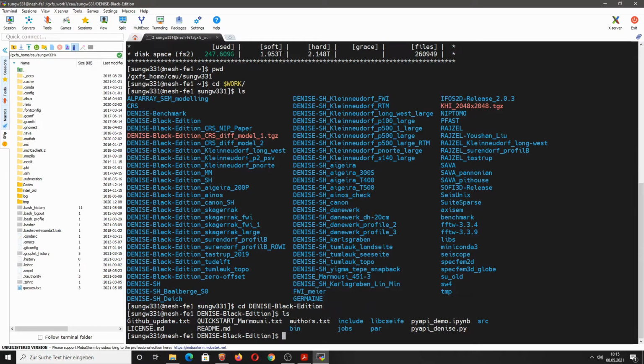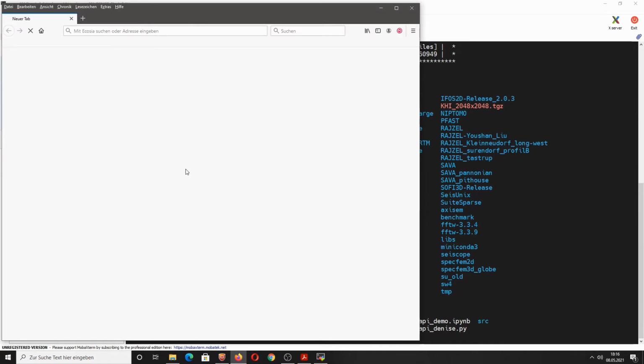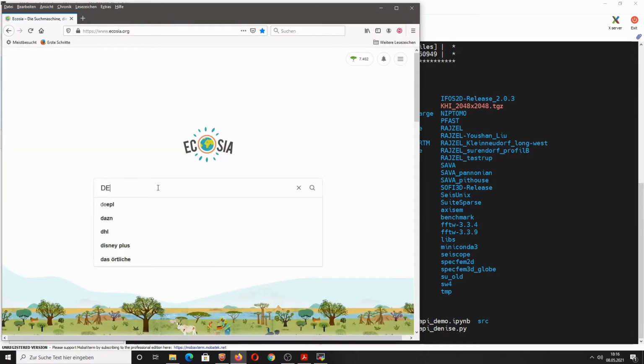Okay. So the code that you downloaded from GitHub is prepared to actually run the Mamouzi model. The problem is the model itself is not a part of this Denise Black Edition distribution, because I wanted to focus on the parameter files and the source code, and models can always be added later on. So in order to get the Mamouzi-2 model, we have to get it also from GitHub. So using again git clone and search again for the Denise Black Edition code.